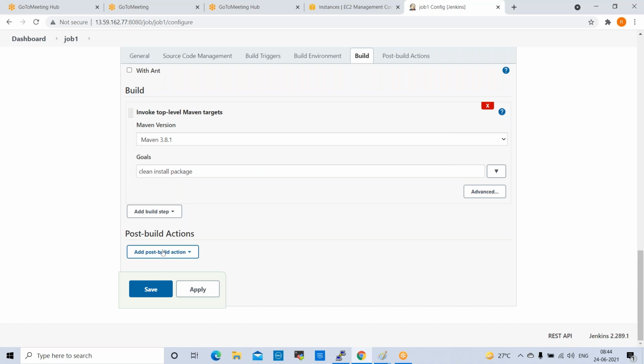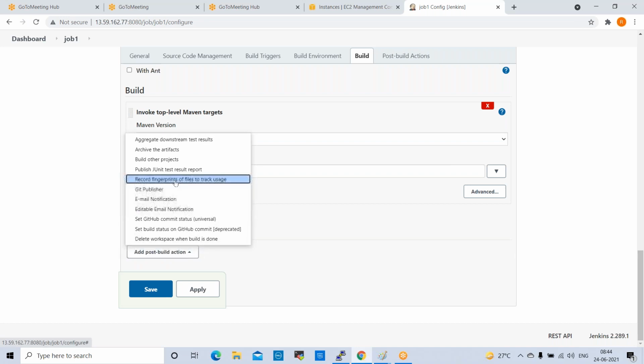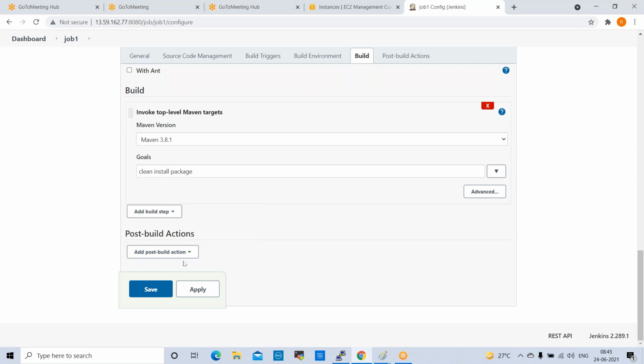Normally why do we require post build actions? While working on Terraform, we'll add something here. Whatever plugin you install will be available here, so that we need to configure. All the plugins will be available in this. For example, while working on projects, if you want to integrate a Docker server with Jenkins, we need to install one plugin, Publish over SSH.